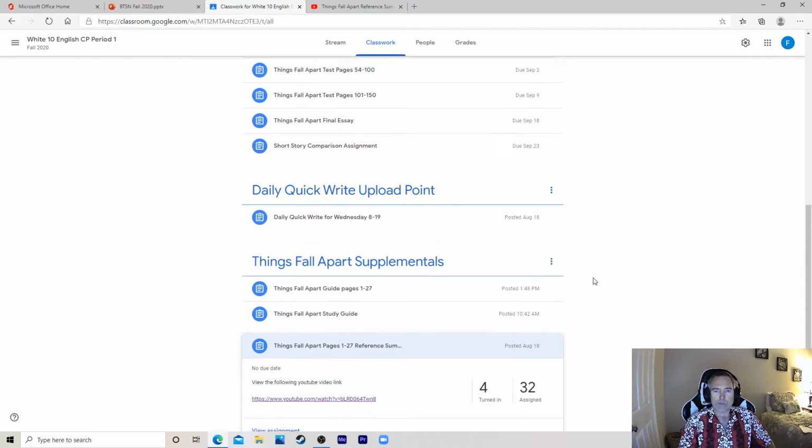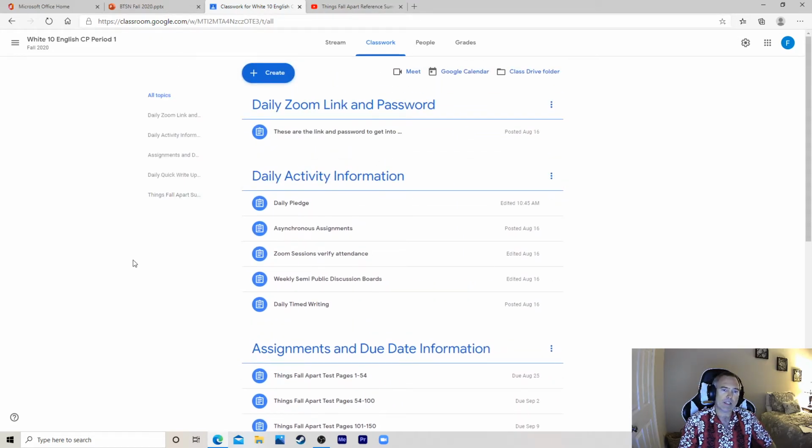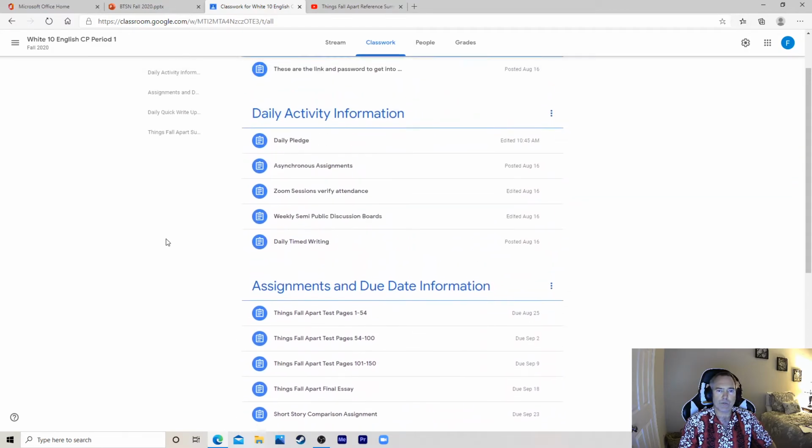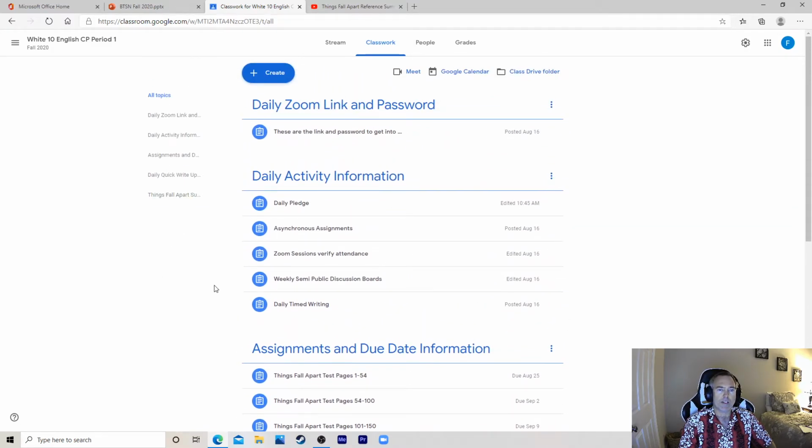So that's a quick tour of the class. It's very well organized, I think. I'm trying to make it so that it's very clear what I expect when I expect it. The kids have the ability to get a hold of me very easily through a chat-based system, through Teams, at just about any time. And there's also the email, but I'm a little bit slower at responding. I get a lot of emails, from various people trying to help, sending out links, sending out ideas, administrators sending out questions and things like that, and requests. So email is a slower way to communicate with me, but I do try to get back.